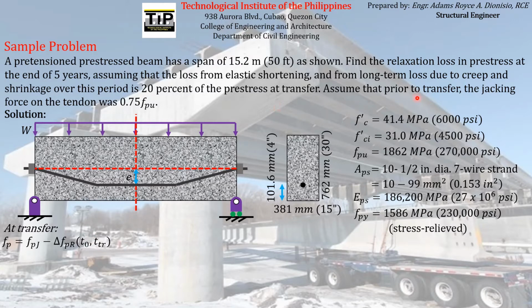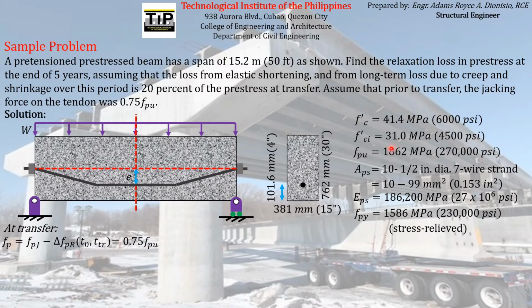Although it was mentioned in the problem that before the actual transfer, the force on the tendon or the pre-stressing reinforcement is approximately equal to 0.75 fpu. So we can use that magnitude instead of computing these parameters here. That can be approximately 75% of the ultimate strength of the pre-stressing reinforcement,